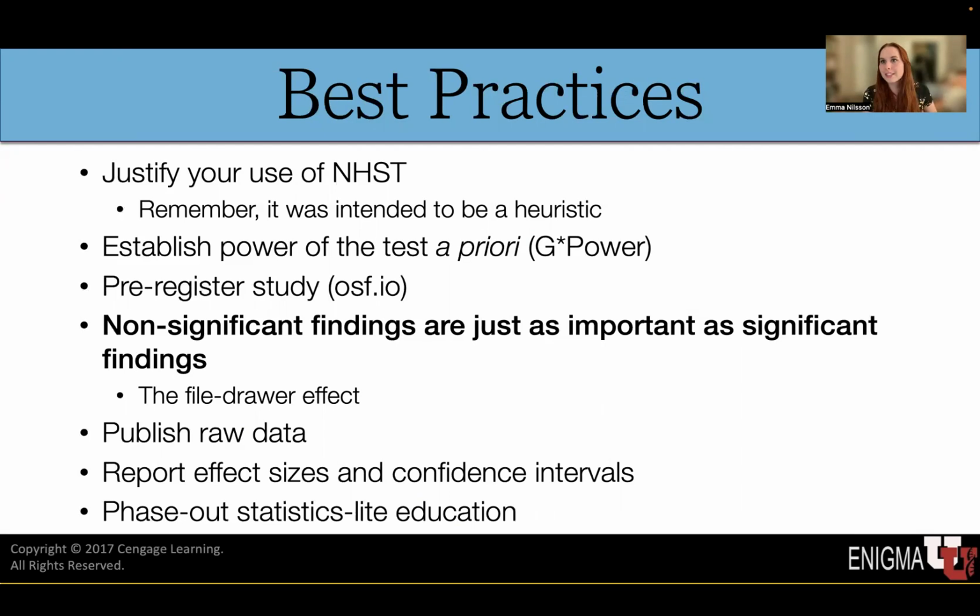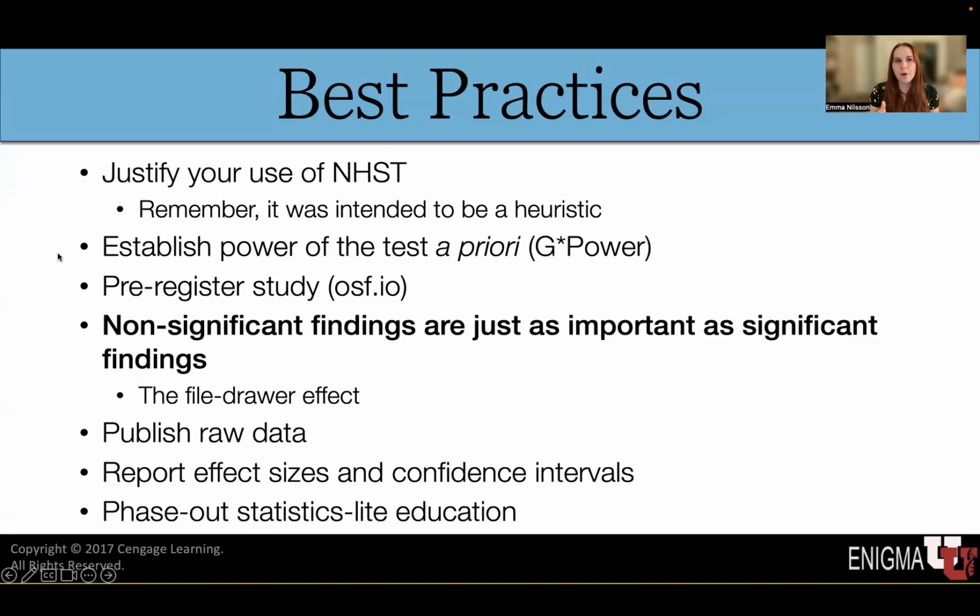It's not something that is designed to establish the next scientific finding or fact. It's just something that we use to figure out if it's worth it to pursue further research. Heuristic. The next thing we need to do when we've decided that we want to use this investigatively is we